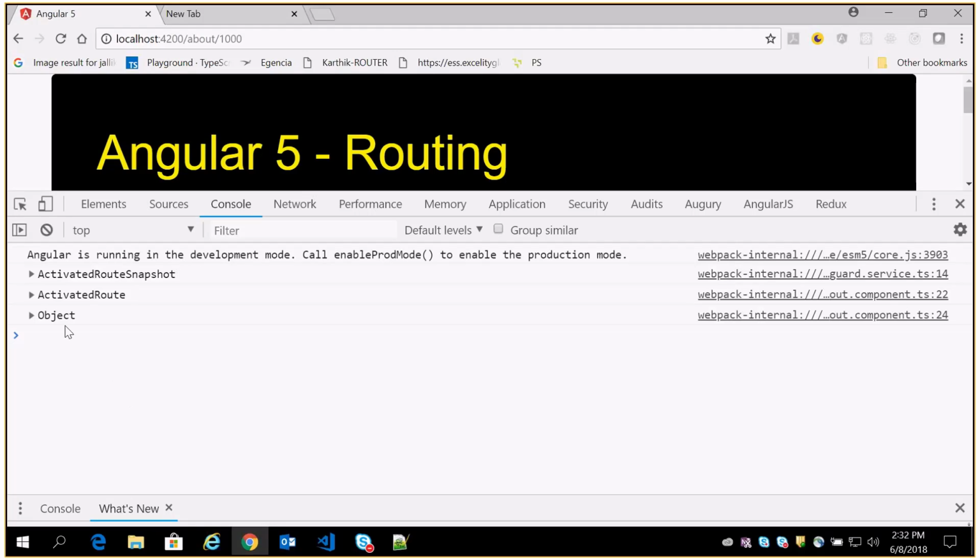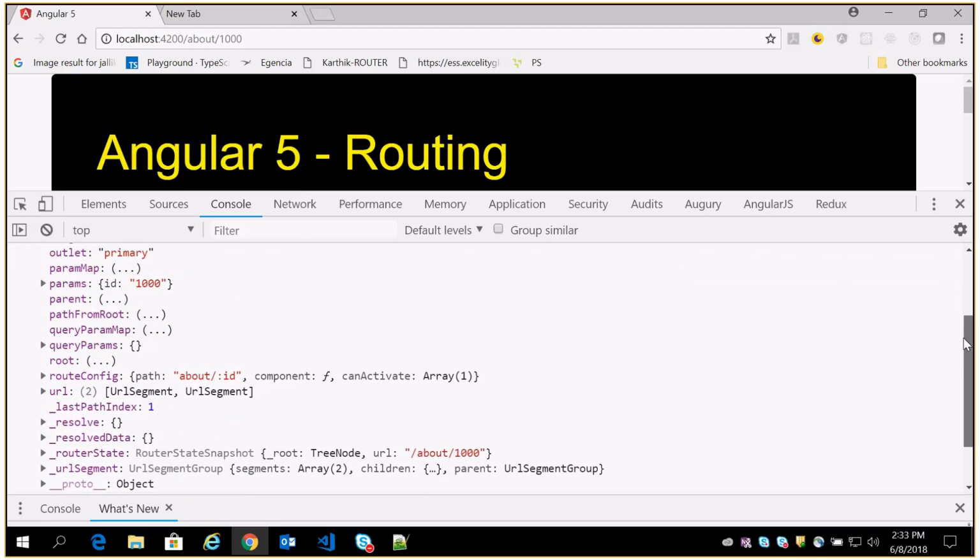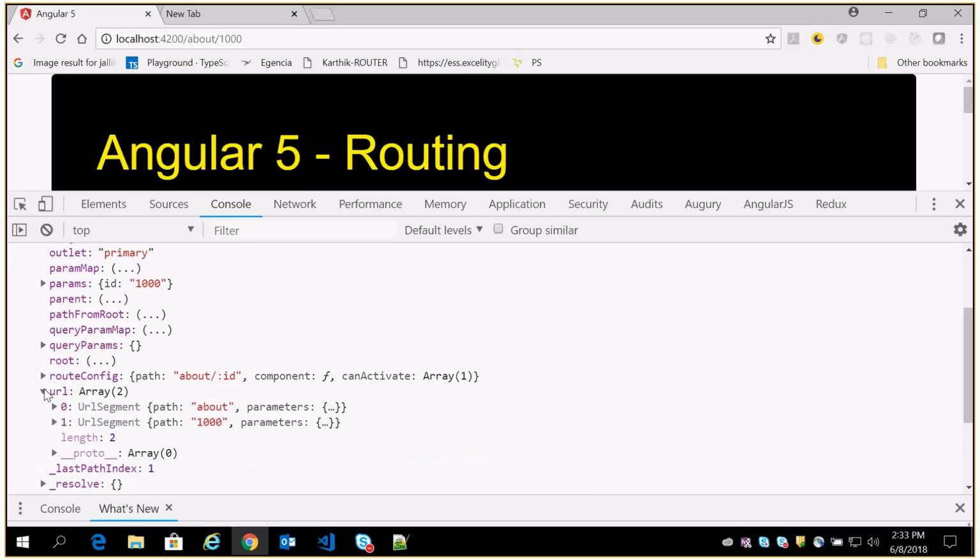Okay, so in this ActivatedRouteSnapshot object, you can see there are two ways to retrieve it. One is with the params I can get, and also with the help of the URL you can get it. In the URL you can see it has about and 1000. So I can directly access with route.params.id or route.url of one.path.